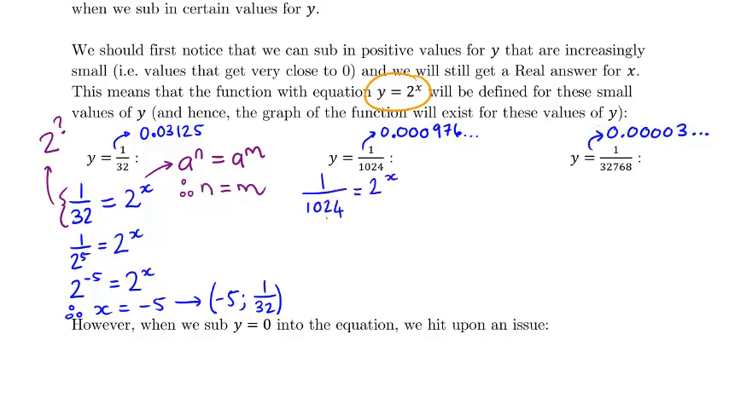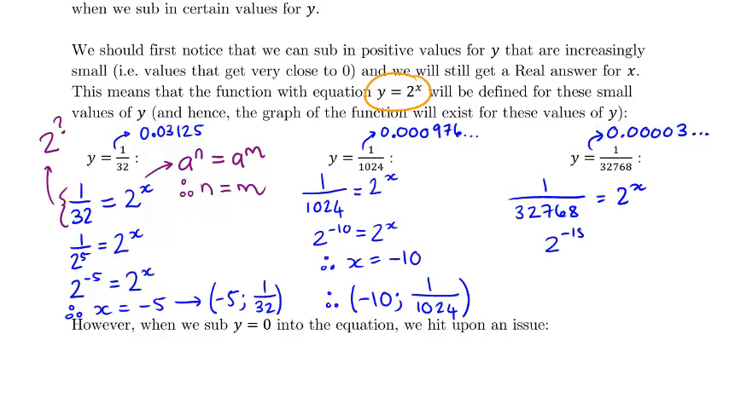Let me show you. So what I've just shown here, guys, is that even for these y values that get seriously close to 0, we will still get an answer for x. In other words, we will still get a point on the graph of the function. In other words, the graph still exists for these really small values for y. And we can keep going, guys. We can go to 1 over a billion, and you will still get an answer for x. However,